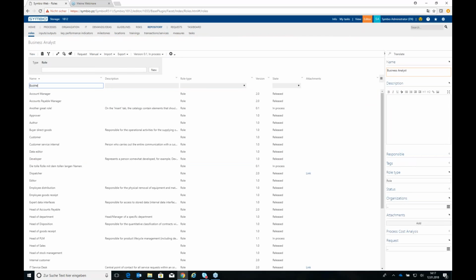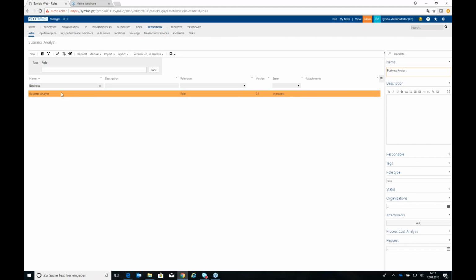I'm just going to search for that role. And also the description might be: takes care of administrative issues and analyzes the market. And so obviously you can also maintain other attributes, and that small text or that sentence you now